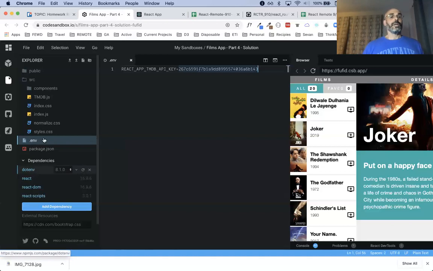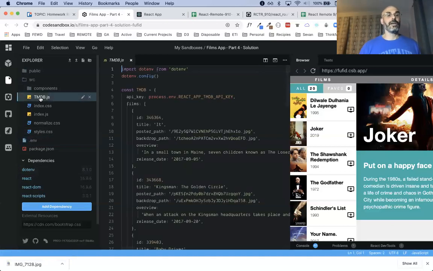So we did that. We then went to the tmdb file here, where originally we were pulling our data, right? This is where all our data is being pulled from. And we updated the key, which was just "put your API key here," and we replaced it with process.env, and then gave it the name of the variable that we defined in the env file.